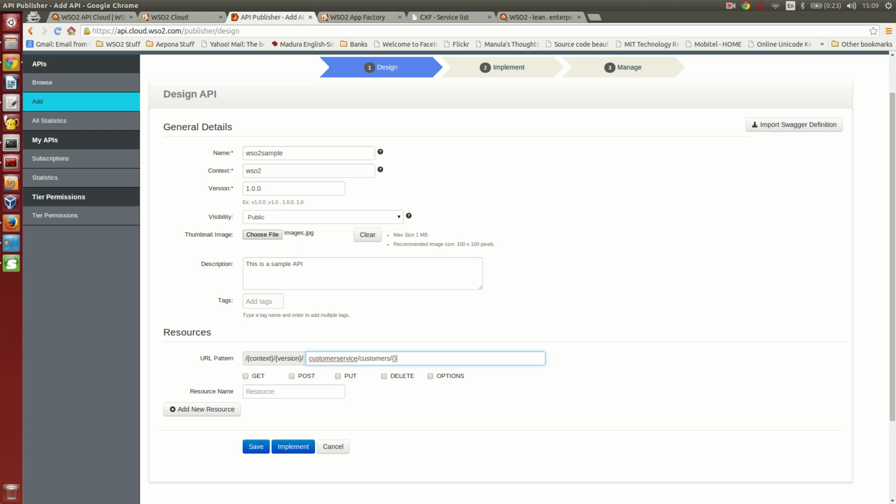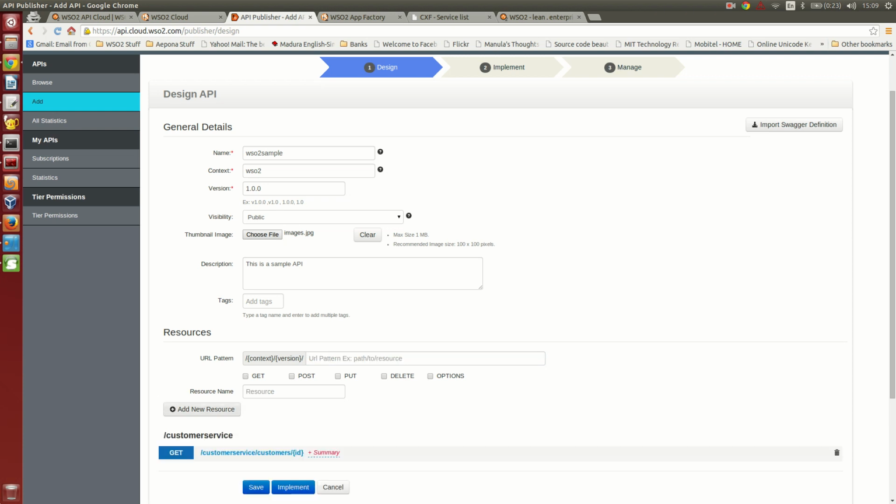So here, as a GET request, when I enter the customer ID, it will give the customer name. And when I give the customer name, it will retrieve the customer details as a POST method.